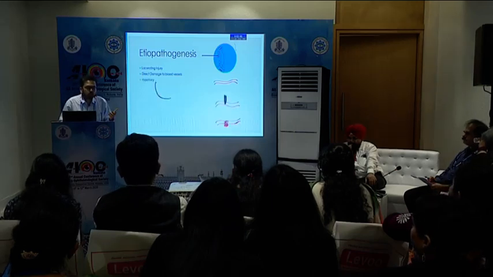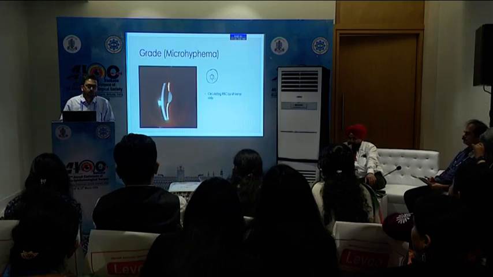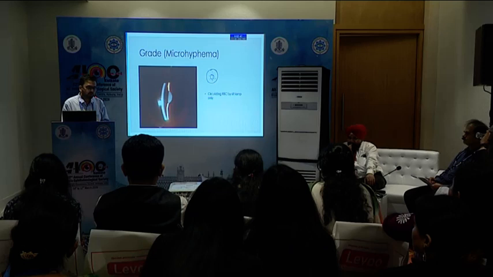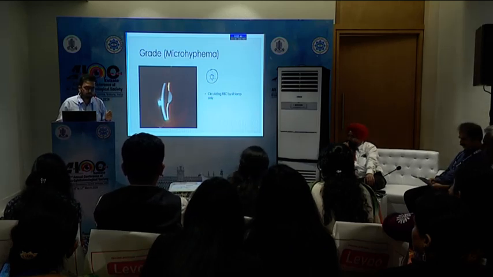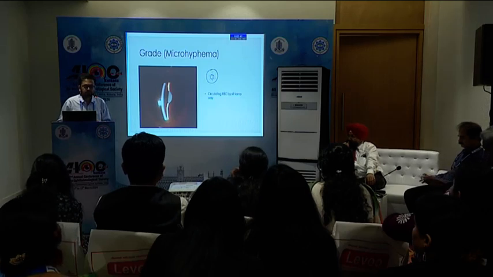So next, how to grade it? First of all, when there is a microhyphema that we have to see in the slit lamp, there will be blood cells, that is the RBCs, circulating in the anterior chamber. Other than that,